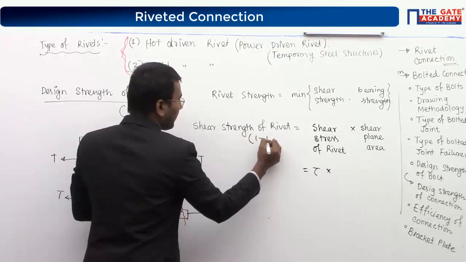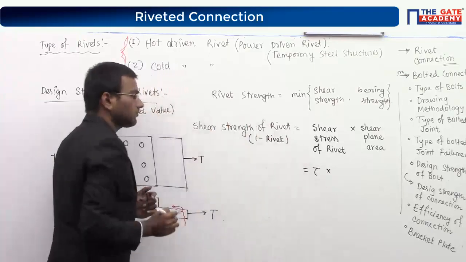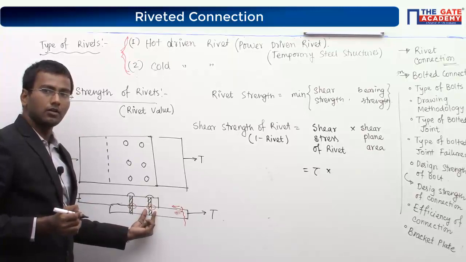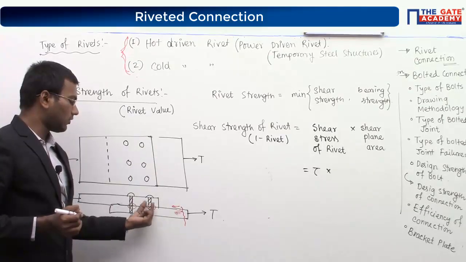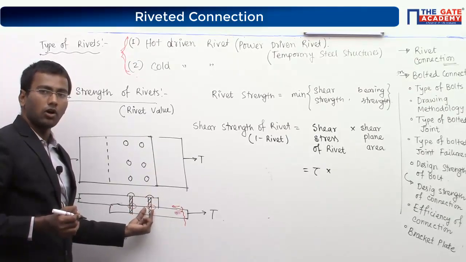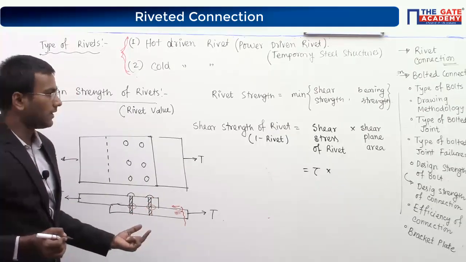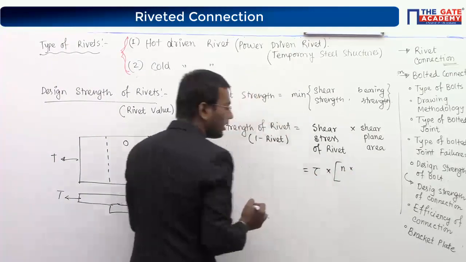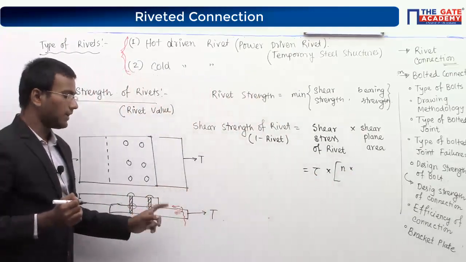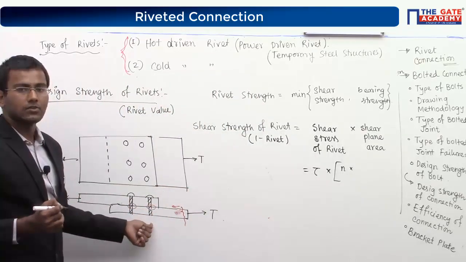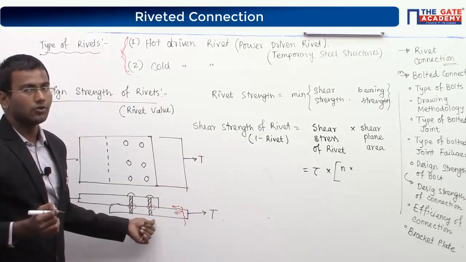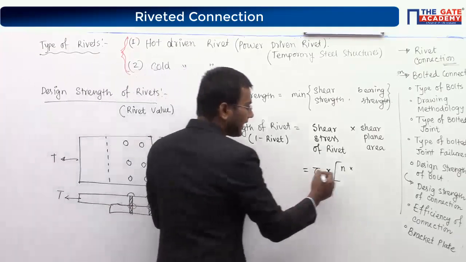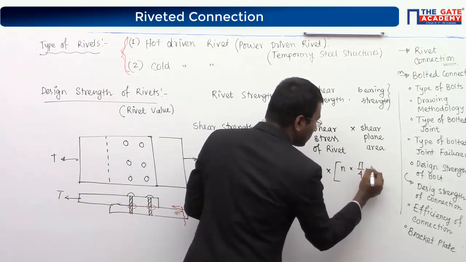Now we are discussing rivet, so let us discuss only one rivet. So if I take only one rivet, I can find only one shear plane, right? Two plates are connected with a rivet here like this, and only one shear plane is present. So it means the shear plane will be only one. So it is N, the number of shear planes, multiplied by what is this area? This is nothing but your portion of hole diameter, the shank portion hole diameter. So N multiplied by pi by 4 into dh squared.